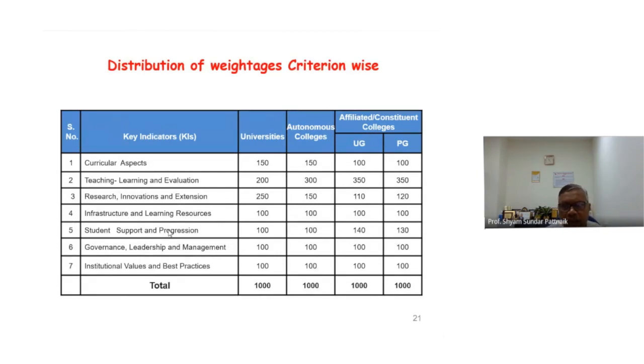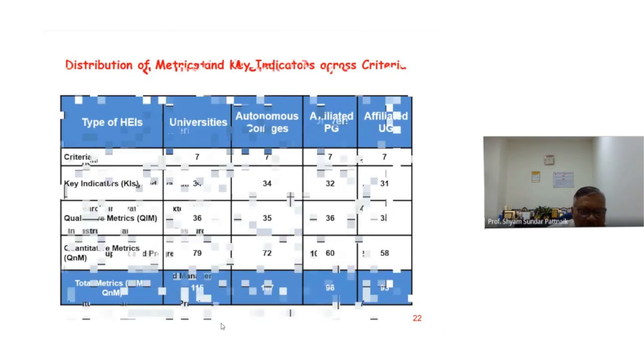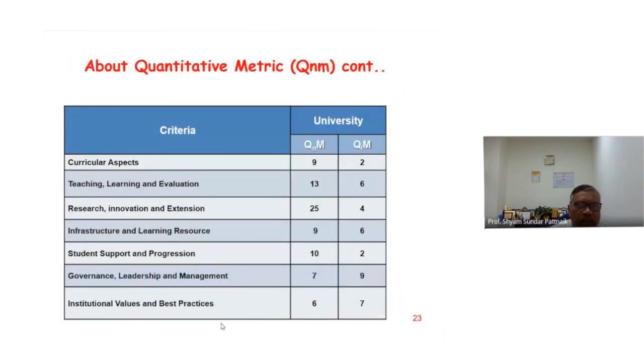So in summary, this is in one place. If you see, our total marks is 1000. In this 1000, this is the distribution which we have already discussed. I have already discussed the different types of key indicators. Let's now come to the